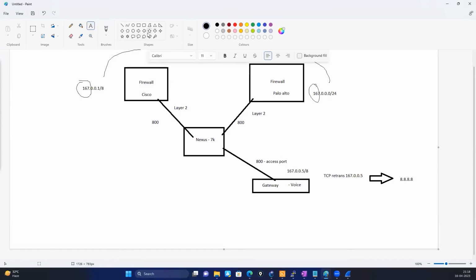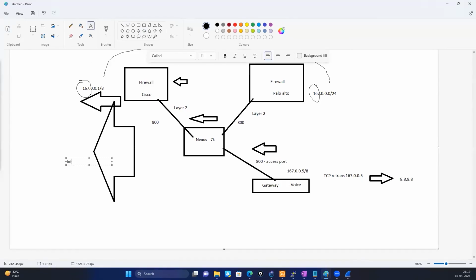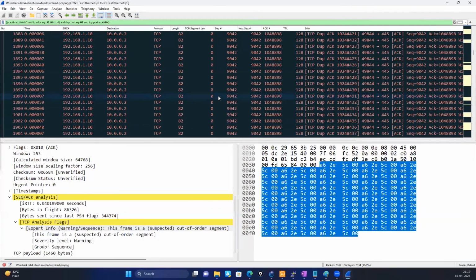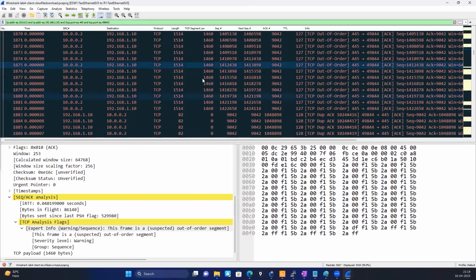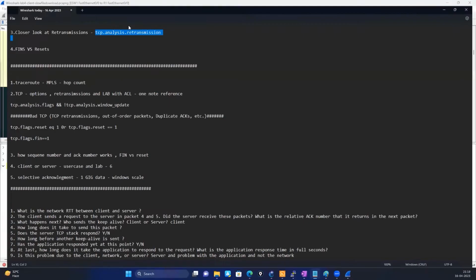The traffic coming from this switch has to go to this firewall, and this is an outside interface, and it has to go to the internet. A lot of retransmission is happening, but when we looked at exactly the retransmission packet, example, this is not a retransmission packet. So when I look exactly at the retransmission,